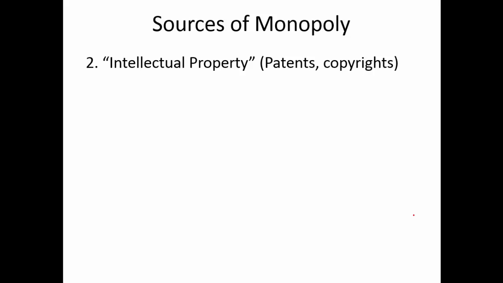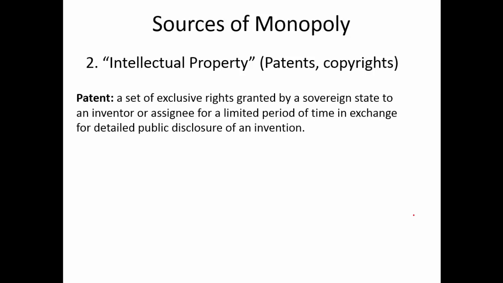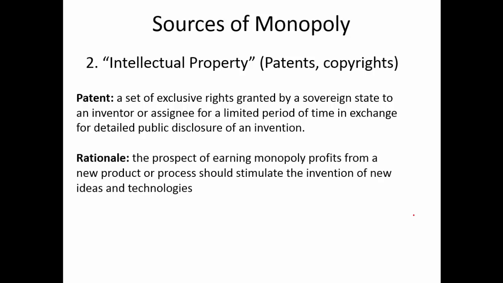So here's two examples of that. The first is intellectual property. This has to do with patents and copyrights. A patent, which is exclusive ownership of really an idea, an invention for a specified period of time, was actually created by governments to give incentives for people to come up with new inventions and new ideas and advanced technology, even though we know that this is generating monopolies.